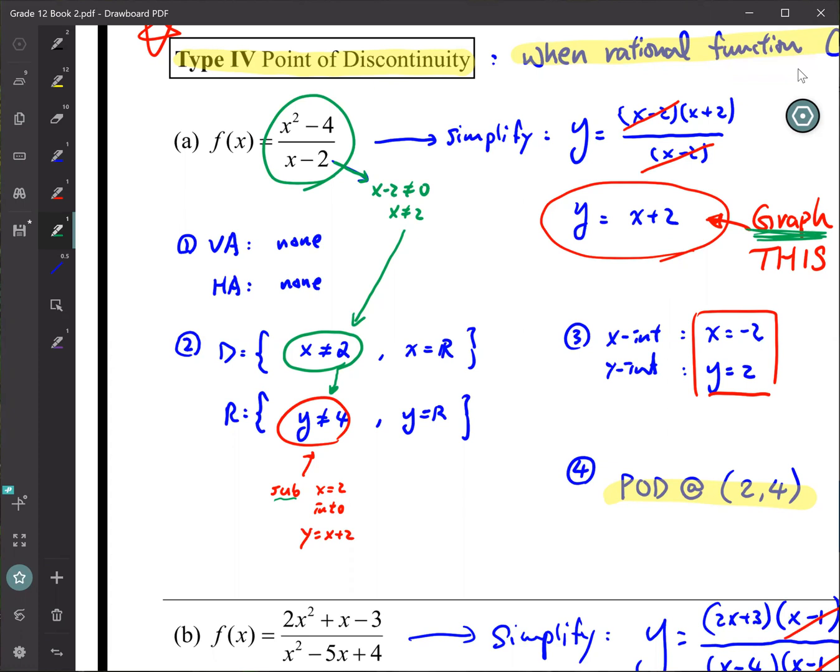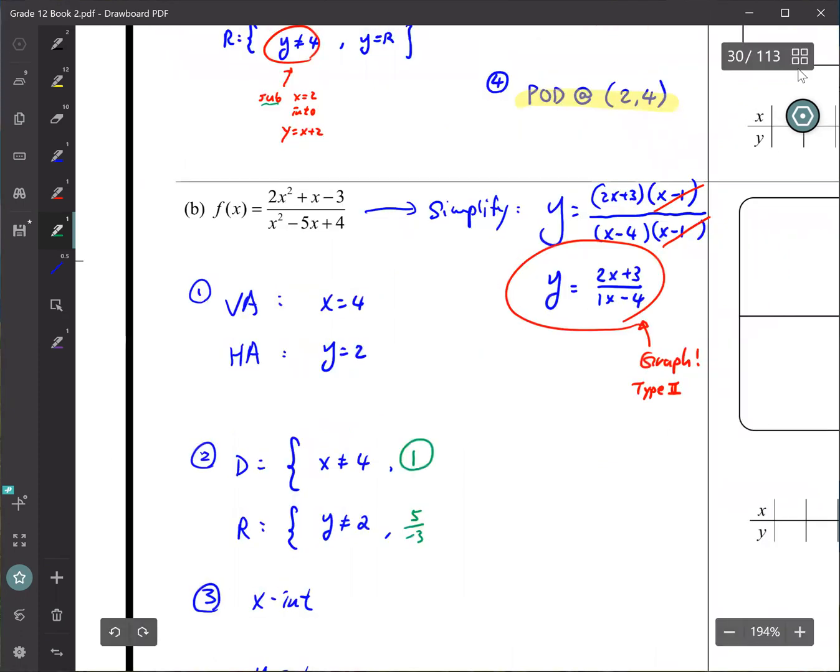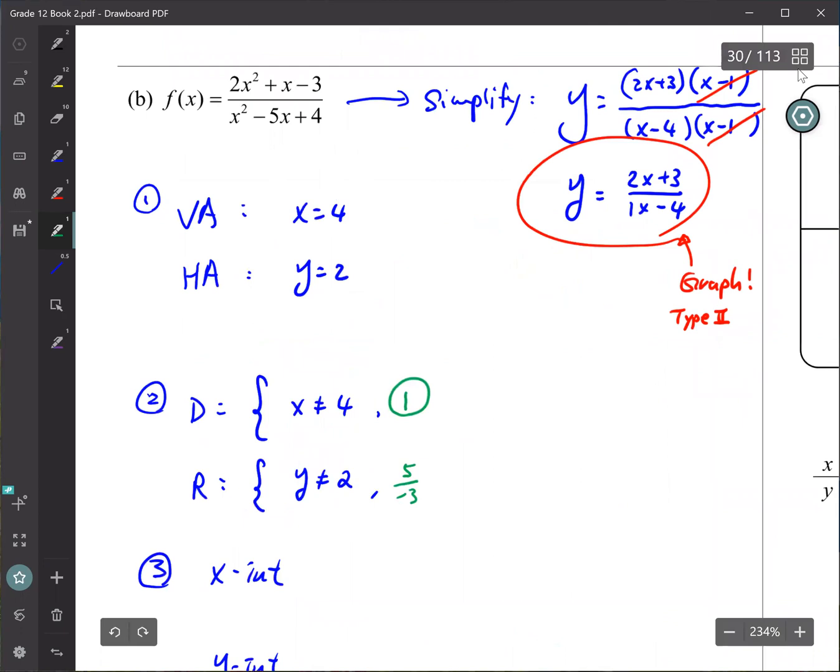Got it? Okay, so back to here, use the 1, right? The 1 came from the x minus 1. Okay, and then now to find the 5 over negative 3, you need to sub, make sure you write this down, okay? You need to sub x equal to 1 into